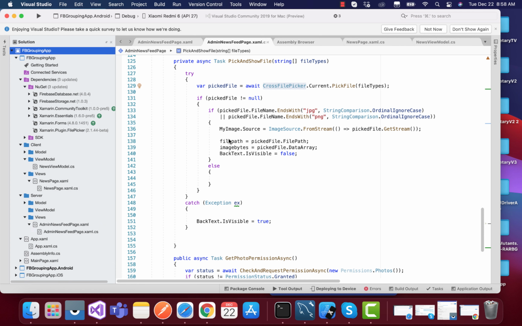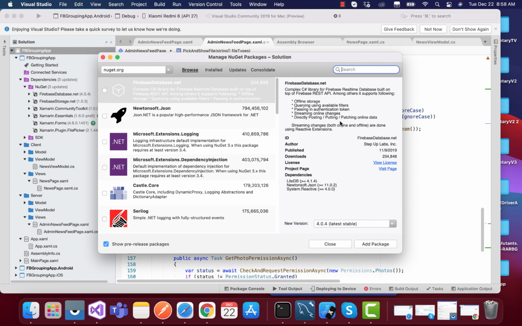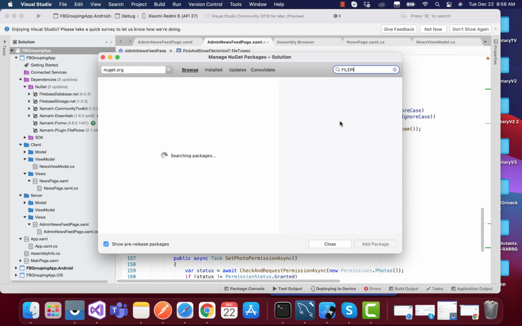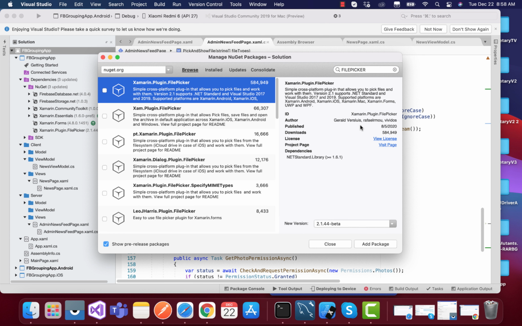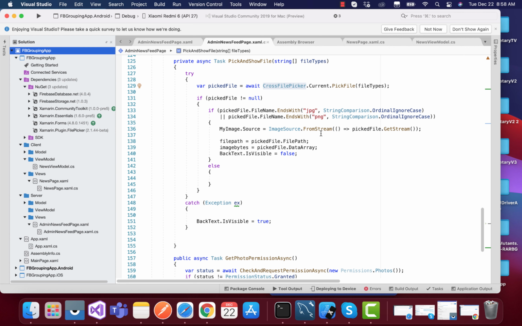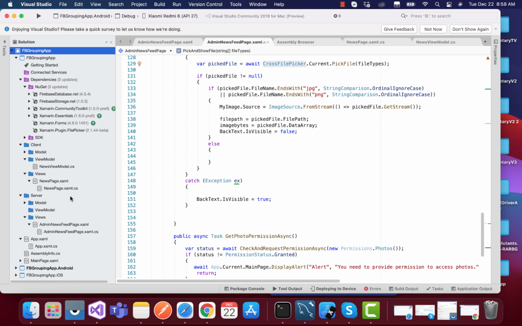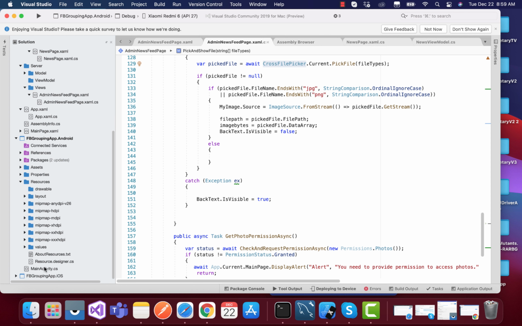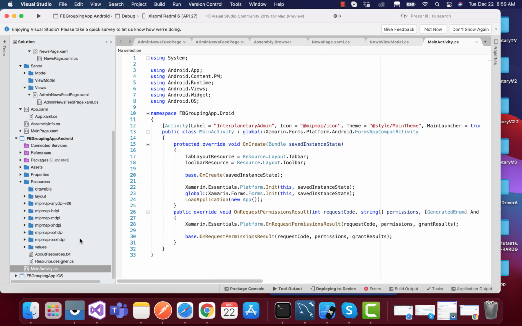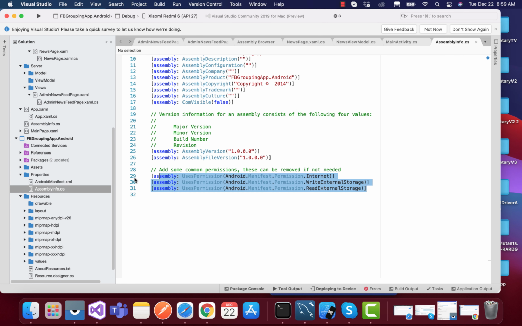Let's go to Manage NuGet Packages. Here you can see I have used FilePicker, and then use that Xamarin Plugin.FilePicker inside your shared, Android and iOS projects, and add it over there. It has some platform-specific implementation, but I highly recommend you use our Xamarin Essentials file picker, and it is right now on stable release. You can use that in order to upload your latest image, audio or videos to the Firebase storage.